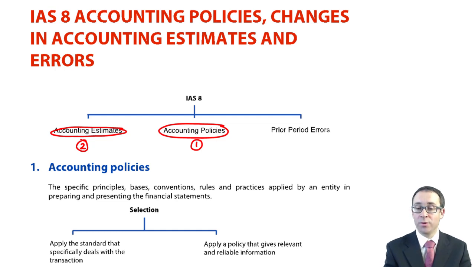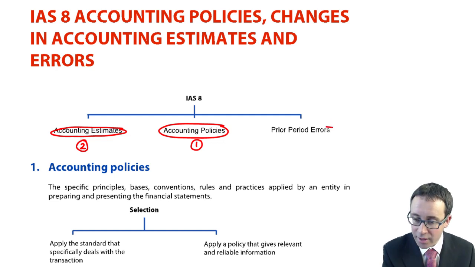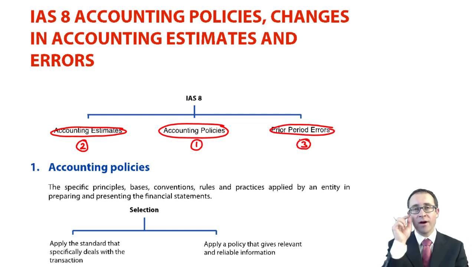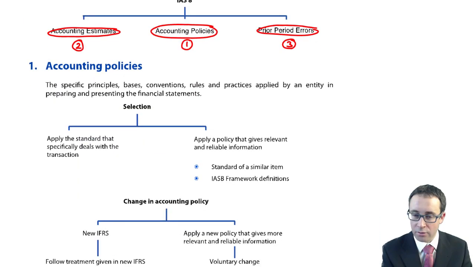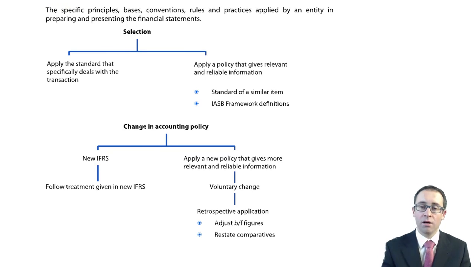And then we combine the first, policy, and the second, estimate, with what happens if we change the policy or if we change the estimates. And then third and finally, we look at what happens if you have made an error within the financial statements. How do we subsequently correct that accounting error, with the numbers having been incorrectly reported in previous accounting periods? So first of all, it gives you a definition of what an